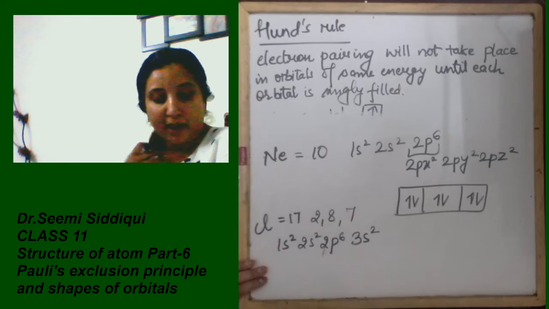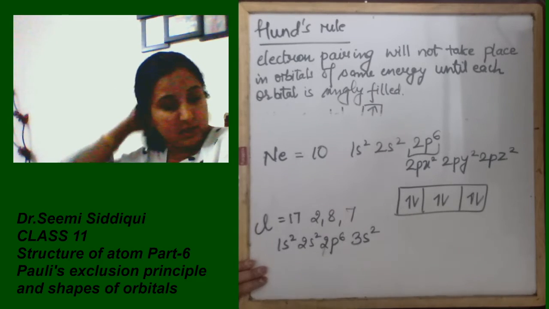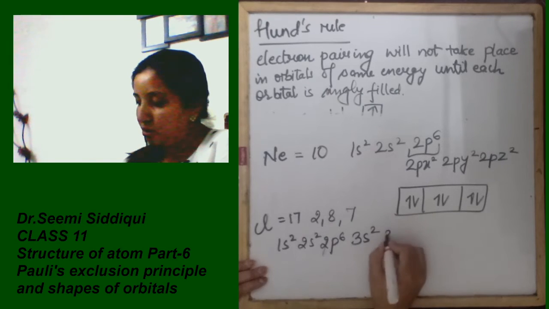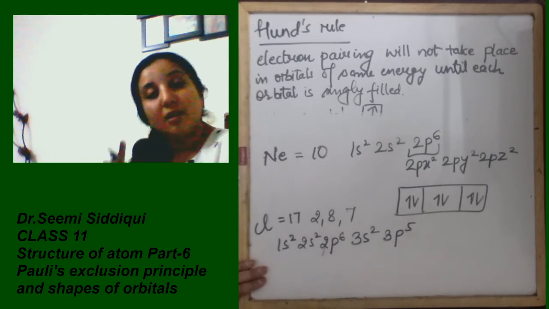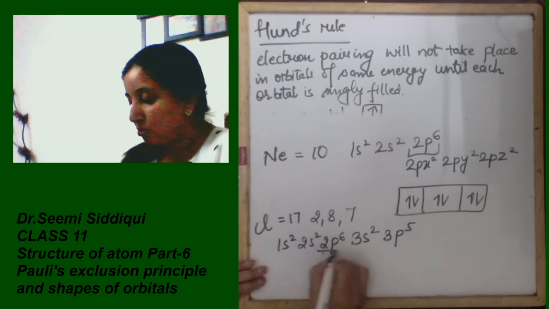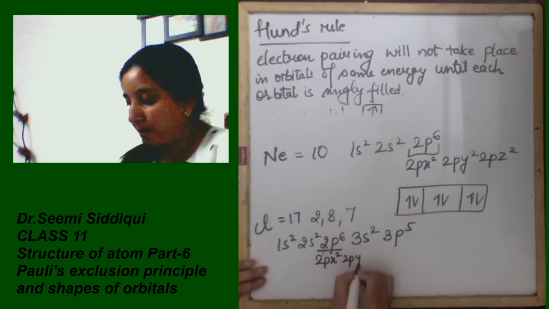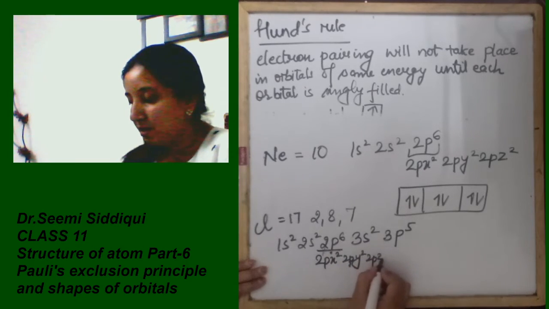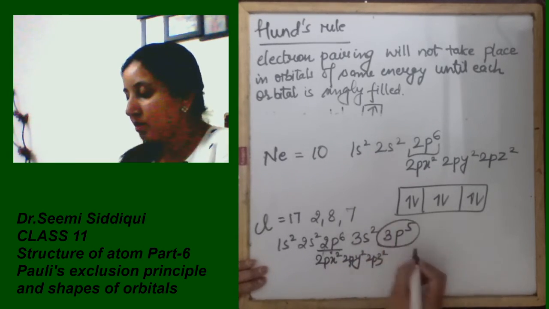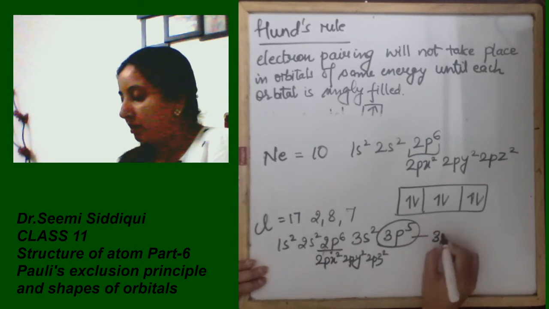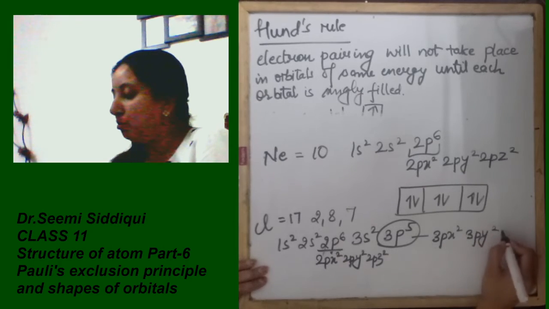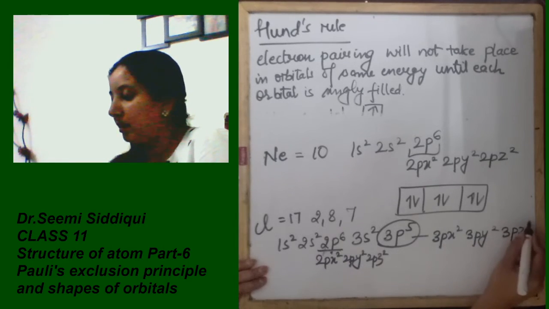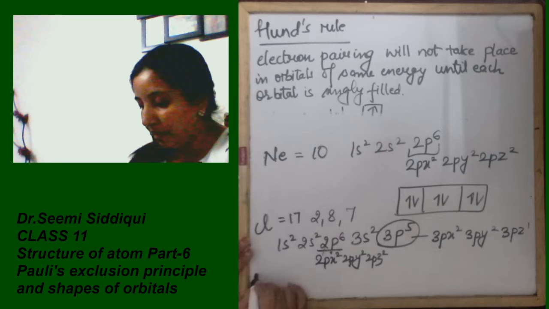So that 5 will be, in the case of this, that will be your 2p5. अब again I am saying we are beginners, सो हम यहाँ पे क्या use कर रही हूँ मैं, 2px2 2py2 और 2pz2. और in the case of this I am using the 3px2 3py2 और 3pz1. अब ज़रा इसकी फिलिंग देख लेते हैं हम लोग.